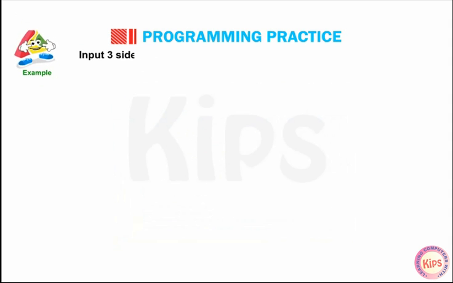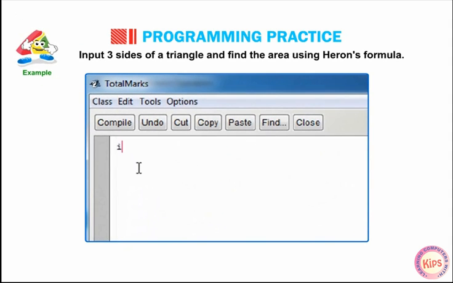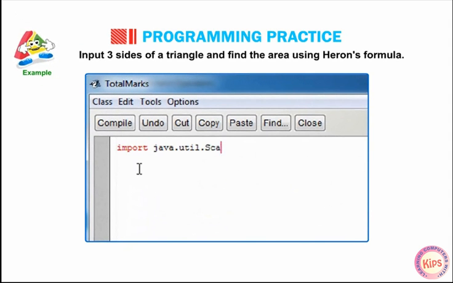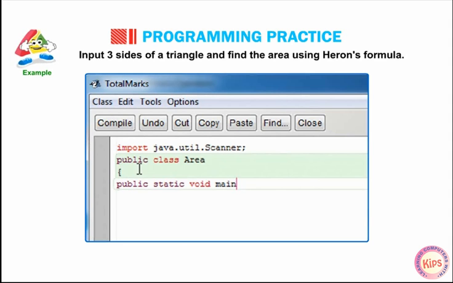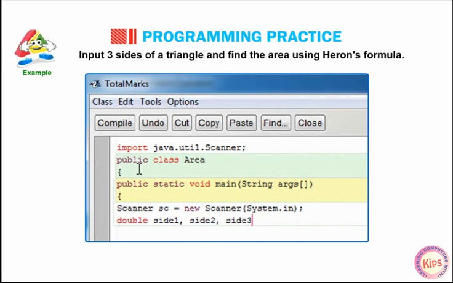Example: input 3 sides of a triangle and find the area using Heron's formula. import java.util.Scanner; public class area { public static void main(String args[]) { Scanner sc = new Scanner(System.in); double side1, side2, side3, S, area;